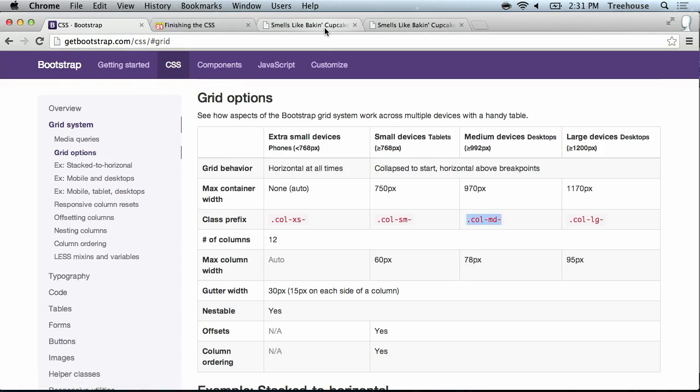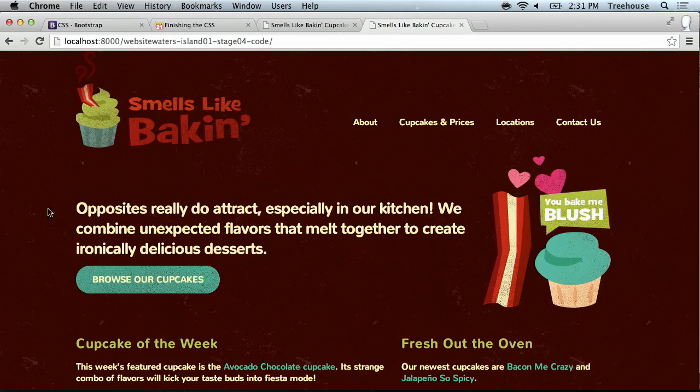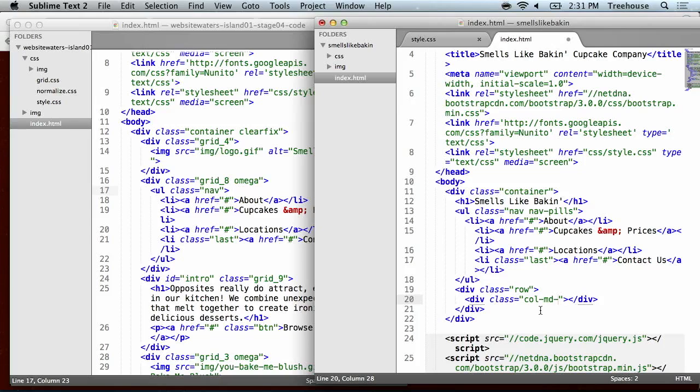And if I had to guess, I would say that this is like 8 or 9 across, and this is like 2 or 3 or something like that. So let's just go ahead and go with 9 and 3 for now